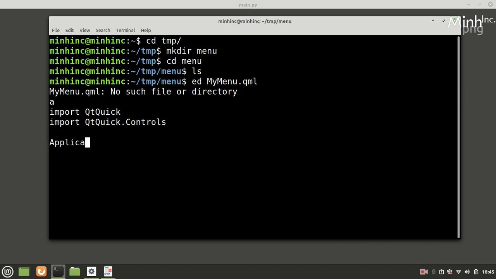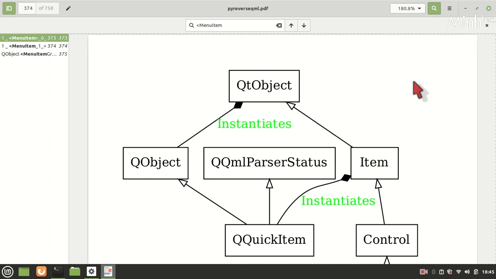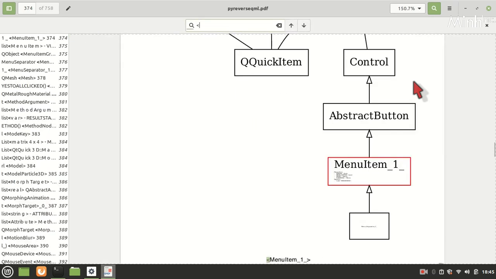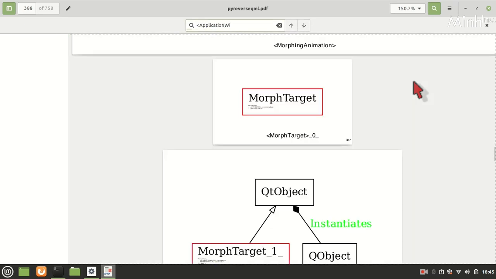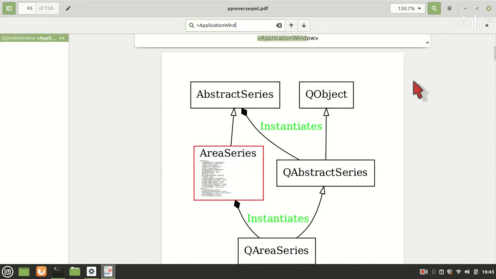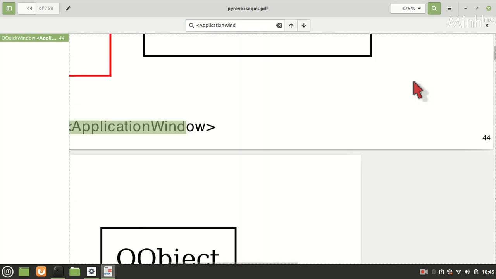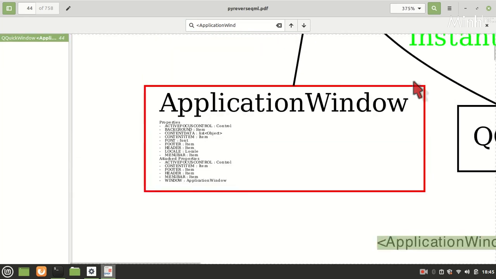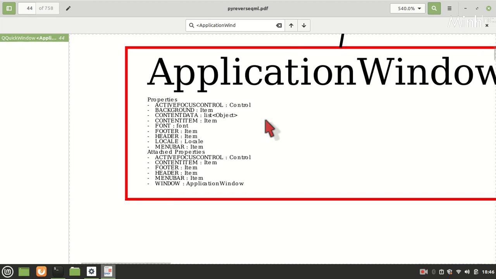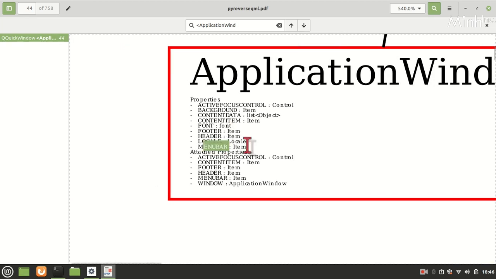And now we will have an ApplicationWindow. ApplicationWindow is a window. In other sessions we have mentioned ApplicationWindow, and ApplicationWindow has a menuBar. This is what we are going to use.